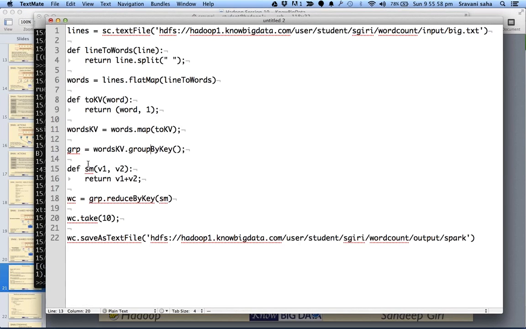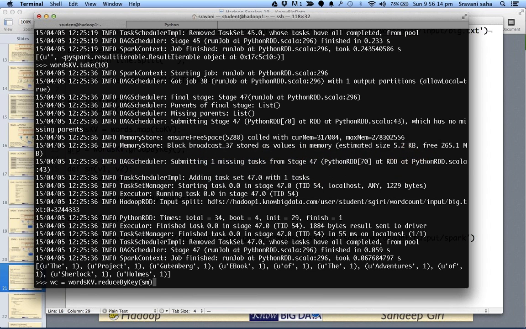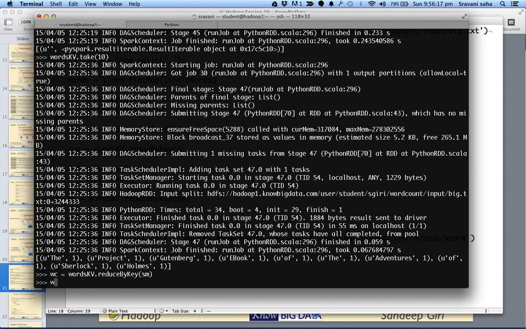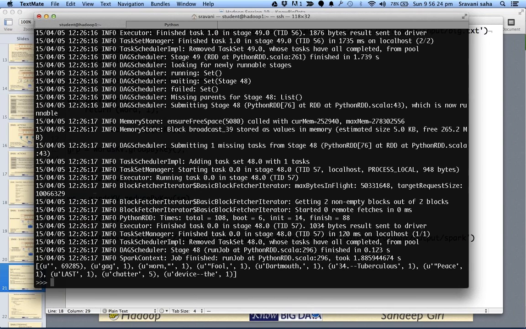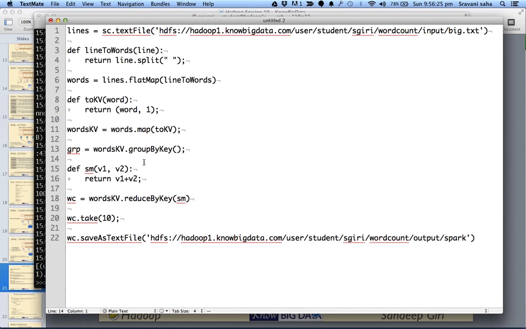And all we want to do is group by key. I think we can simply say like this. Actually, yeah, this will be easier. I did a little bit of unnecessary stuff. Yeah, this is better.